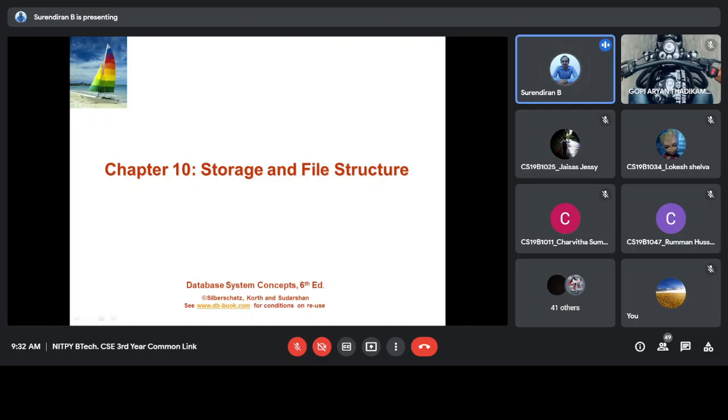Good morning. Today we'll see Unit 4, file systems. So, how files are implemented, how databases are stored in the system, and all those things. For this, first we'll go through the storage basics, and then we'll move into the file structures.